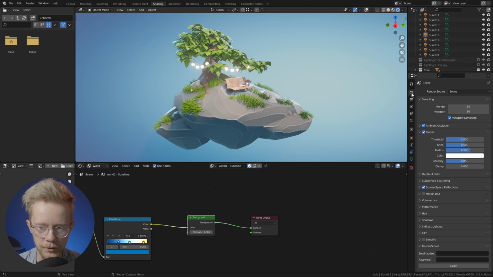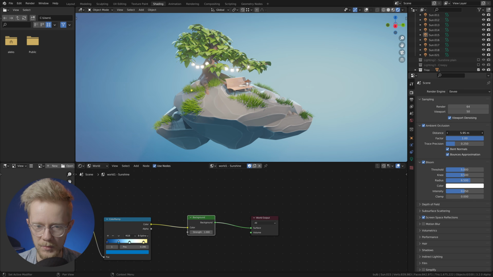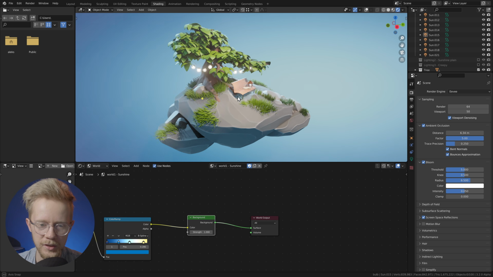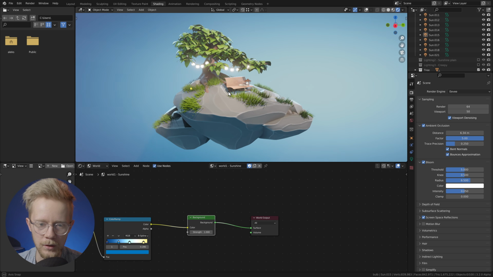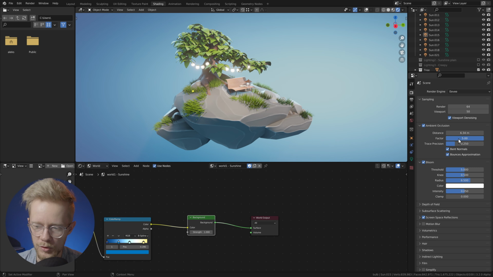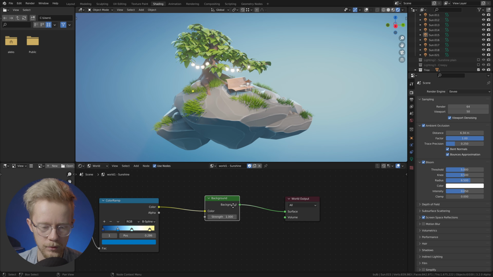And you can try to fight it with this ambient occlusion, maybe trying to have it really strong, something like this. And it does kind of work a little bit, but it's a screen space effect and it doesn't work in all cases. And there's a way to get much more control over this world lighting, which is to just